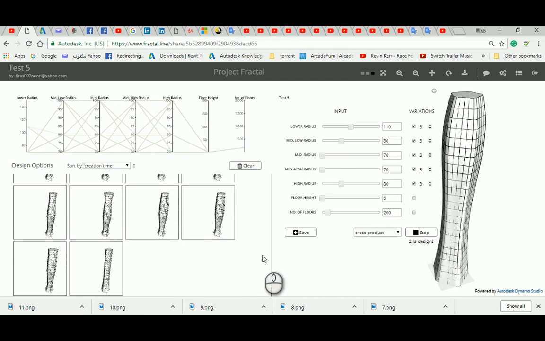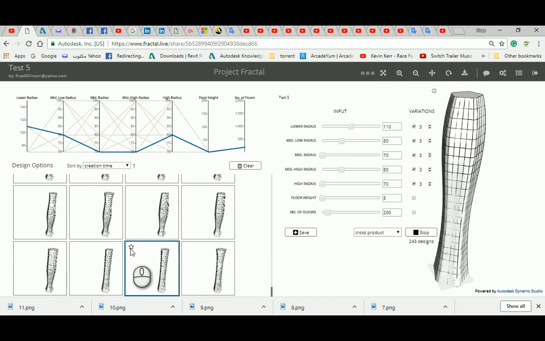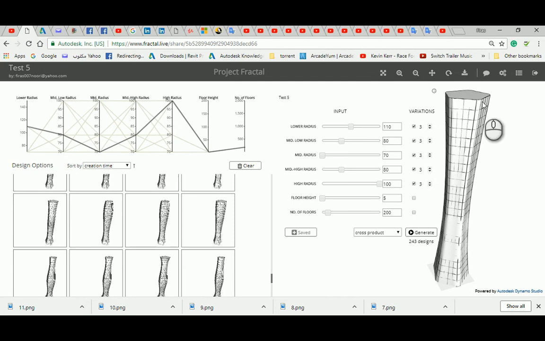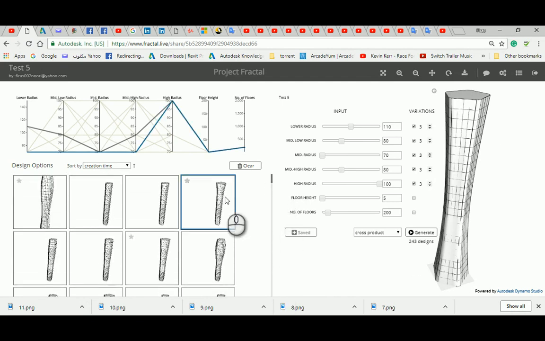So as I said, it might take a really long time. So I'm just going to stop that, and as soon as I stop it, it immediately loads the one that I clicked. I think this one, yeah. So I can click on that and it might take a couple of seconds to generate it here. Yeah, for some reason it's delaying. Anyway, by stopping here,